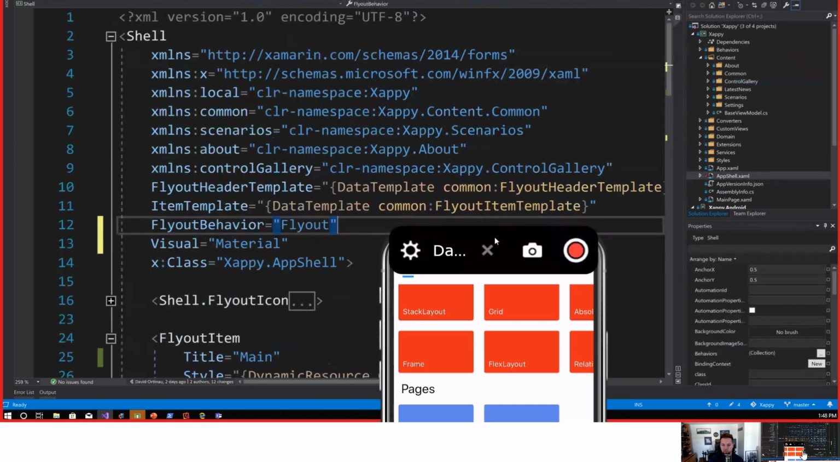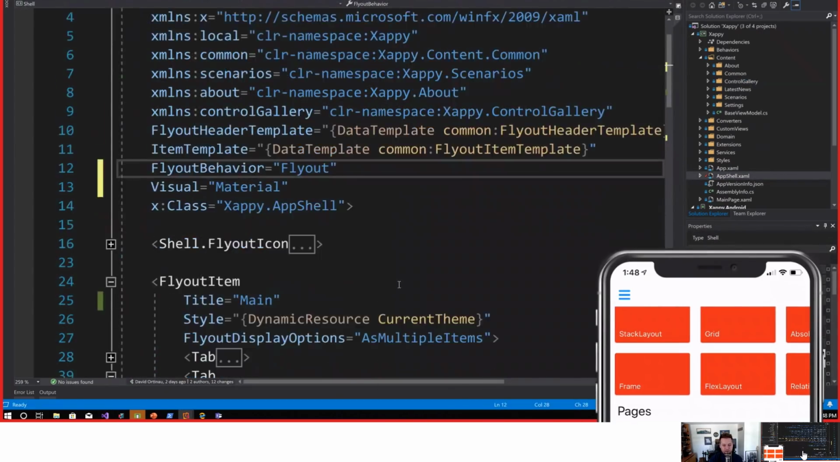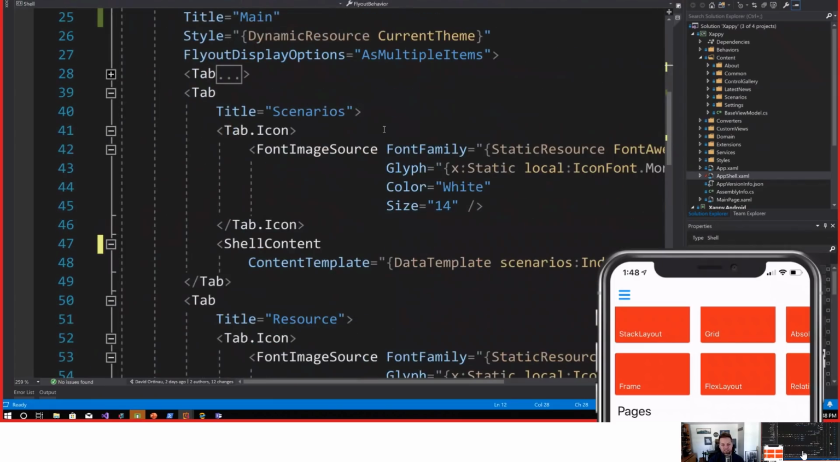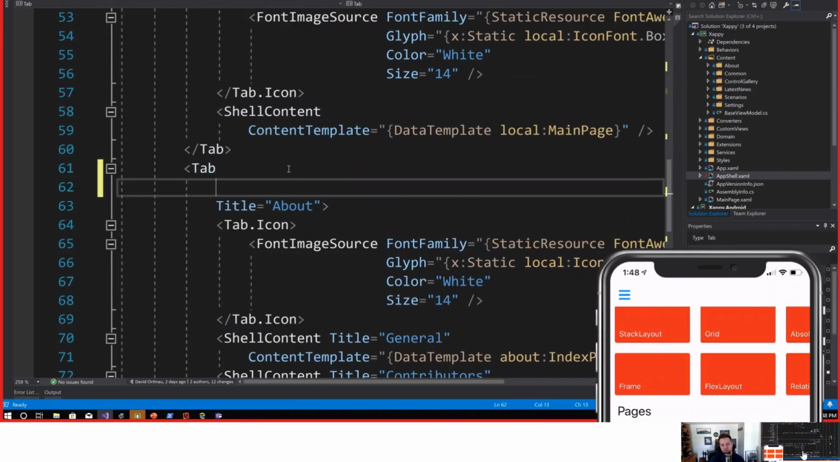So the first thing to notice here in my app shell is that I have defined the different flyout items. And on these pages, I don't have any routes specified. If I wanted to have a route specified, I could. So I could just say route, and this is going to be my about page. Because I've not done that, because I don't need to, shell is already handling all the navigation to and from